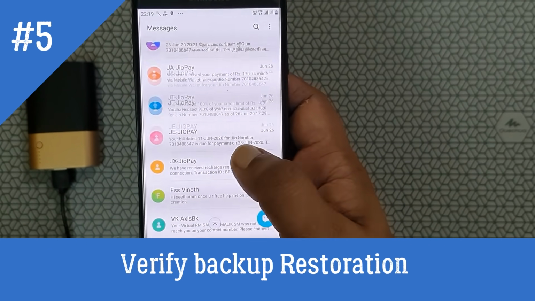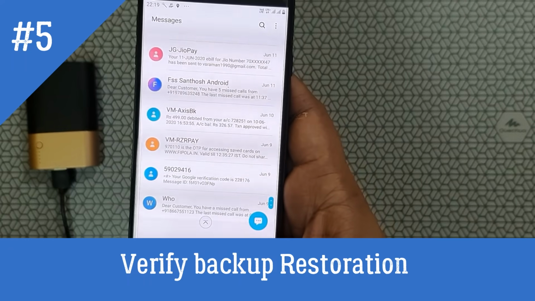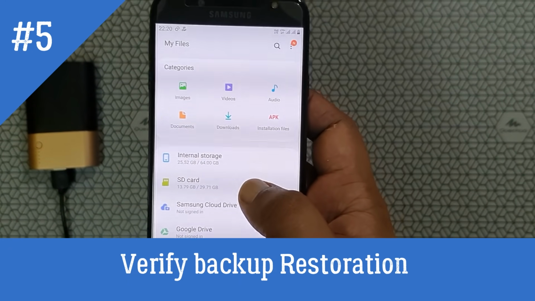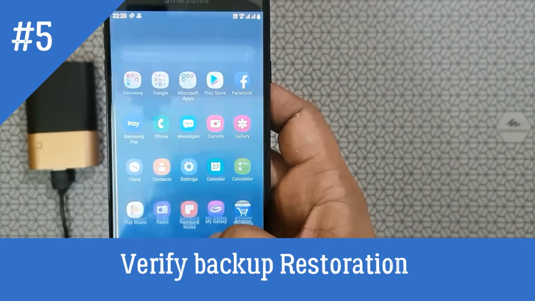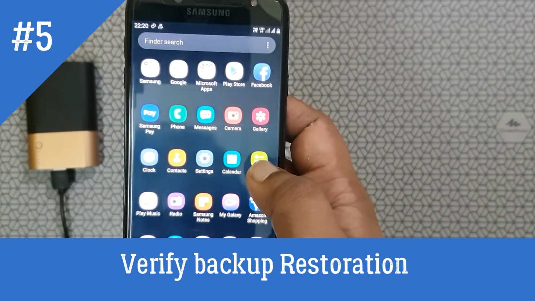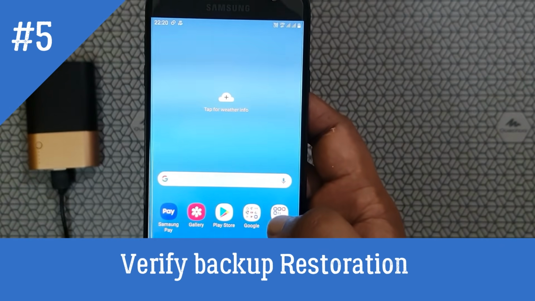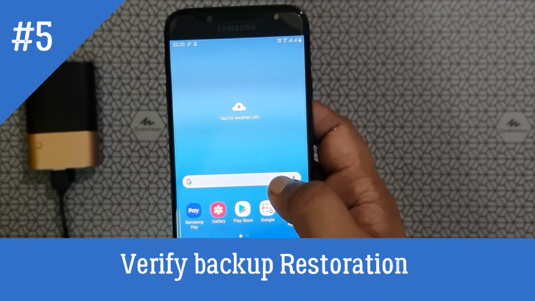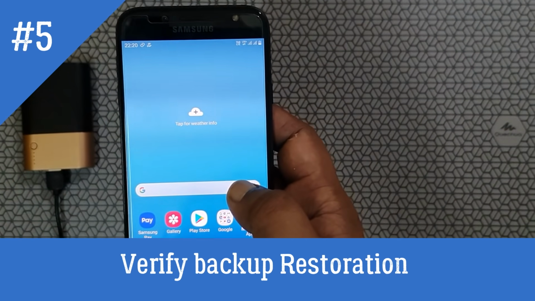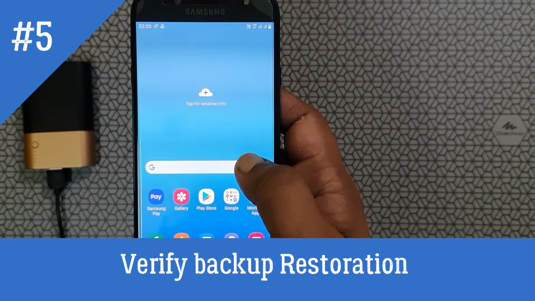We got all the messages also. So all the things have been restored successfully. Contacts, videos, gallery, everything restored properly. So this is an easy way to transfer all the data from your old mobile to the new mobile.